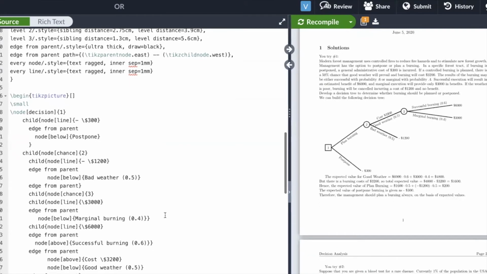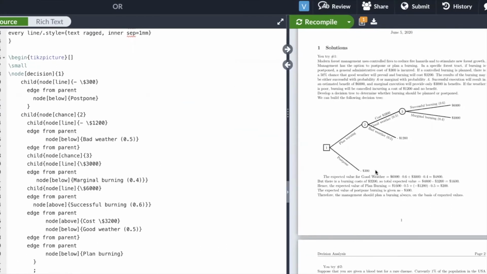And this is the code for creating that particular tree. So we begin the text picture and we start with the first node. And another thing that I have noticed, once you put all the children, so you write down a child, you know, write down node and what type of node it is, and then what is it gonna be the name of the node. So for example, the name here is -300. Then you create an edge from the parent, so this is the edge,